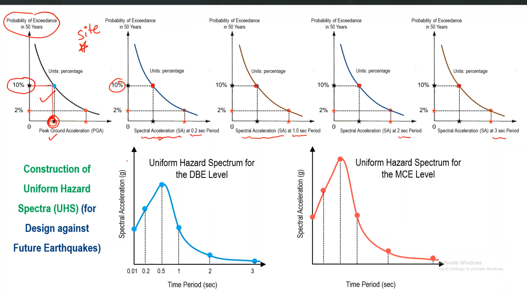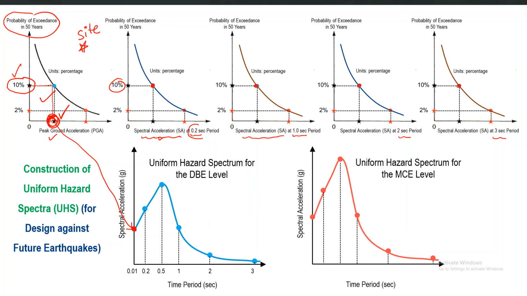But this response spectrum which you will construct using this procedure, that you will carry out the PSHA and hazard curve for all of the PGA and spectral acceleration values, and ultimately you take the time period on x-axis, and corresponding to the same hazard definition you plot them. So PGA is basically the starting point of the response spectrum. You can say it is a kind of a response acceleration of an infinitely rigid structure which is just, you can say, situated on ground. So this starting point basically will be your this number. So this number is basically your starting point.